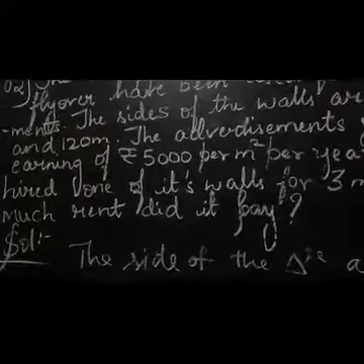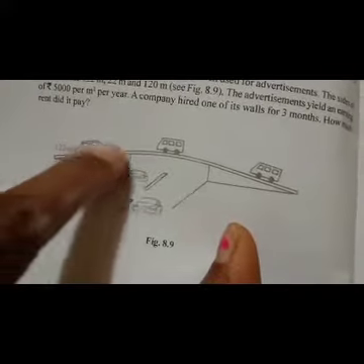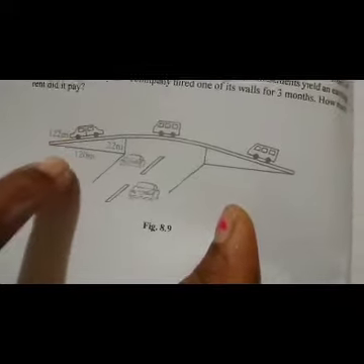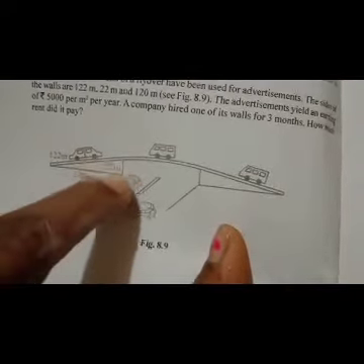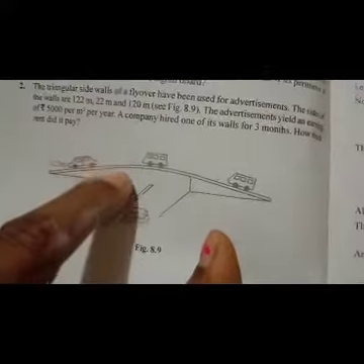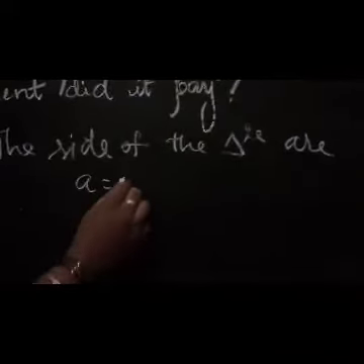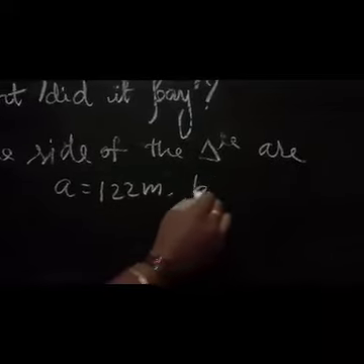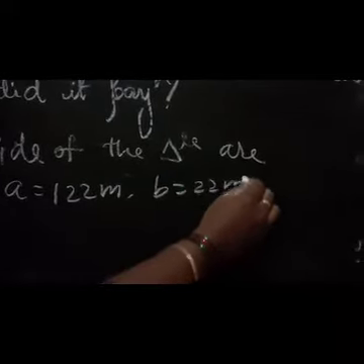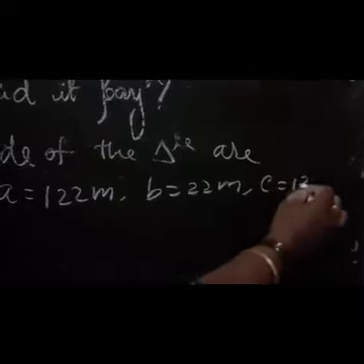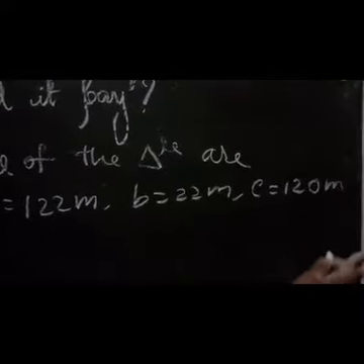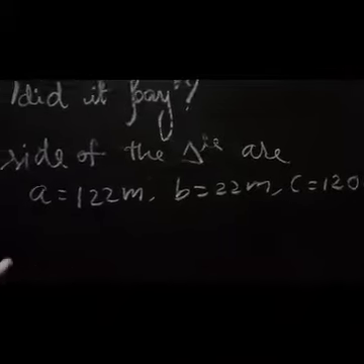Now, the sides of the triangle is like this. A, B, C. So, A measurement is 122 meter and B is 120 meter, C is 22 meters. We have to find the area of this by Heron's formula. So, the sides are A equal to 122 meter, B side is 22 meter and C side is 120 meter. We can change any A, B, C, no problem in that. So we are going to find first